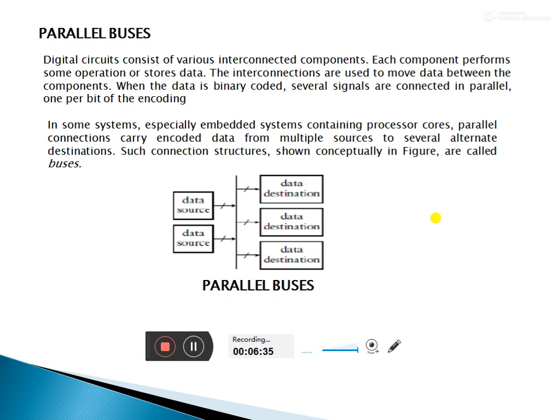Whatever devices we are joining, like a keyboard or hard disk, they are connected to the motherboard. Some cables are used for that, and those cables are called buses. A bus is generally just a wire, and we commonly call it a wire, but in computer applications we call it a bus. Why is it called a bus?